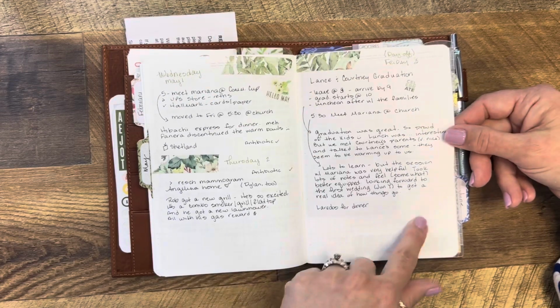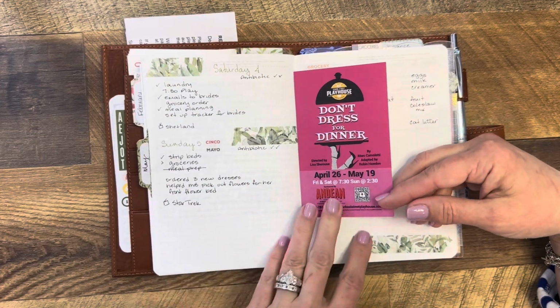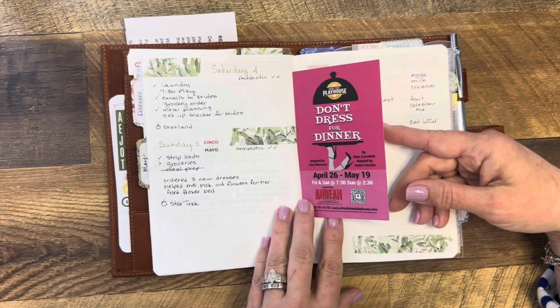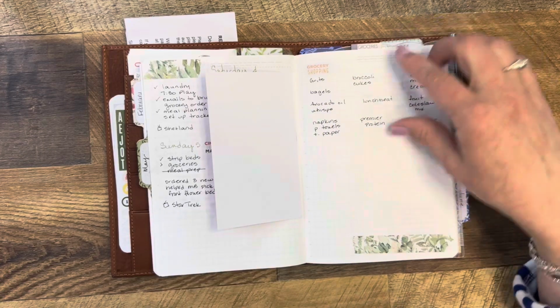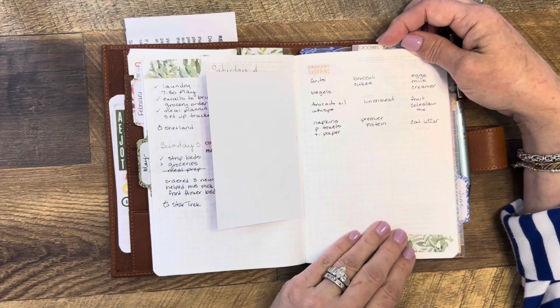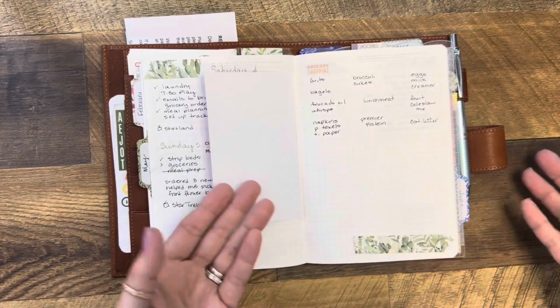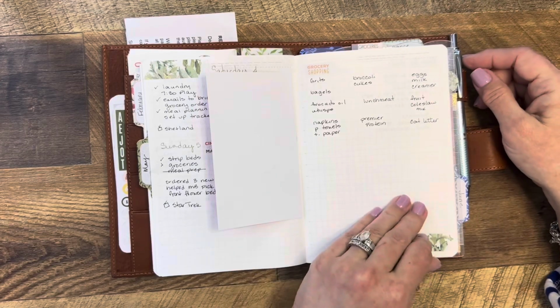I have a picture I want to stick here. That's why this is blank. This was the weekend. Tipped this in from a play that we went to. Here's a grocery list, and you'll see I have a tab here that I created with another Post-it flag and some stickers for groceries, so I can just have a running grocery list each week and get to it quickly